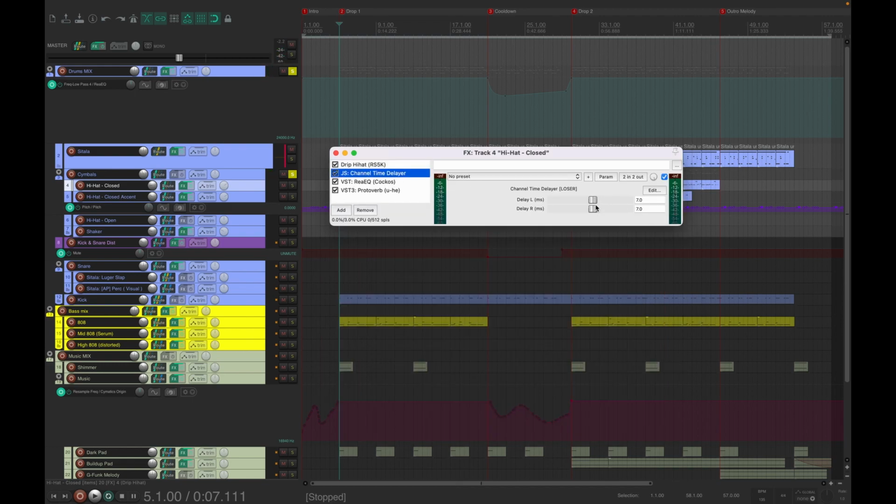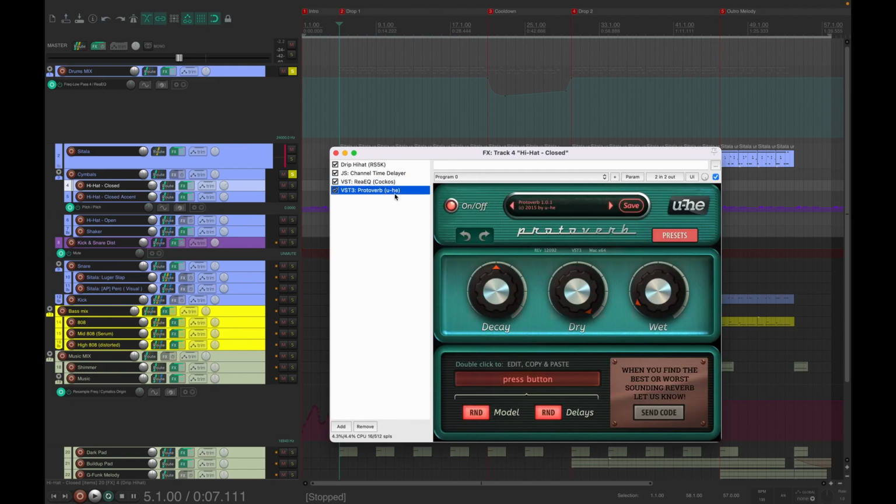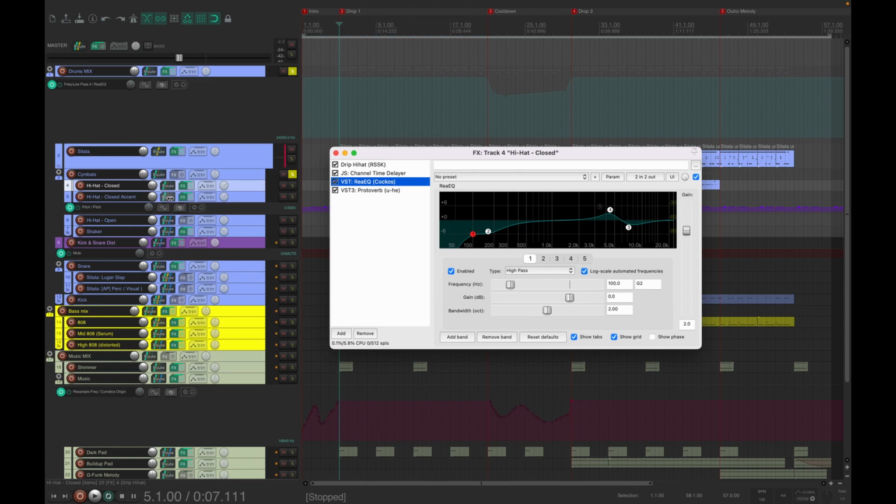I have the channel time delayer to delay the hat by 7 milliseconds. I want it 7 milliseconds late. That gives it that trap feel, gives it a bit more groove and a bit more swing and punch. It's pretty cool. I use it all the time on trap. Some basic EQ moves here, and some ProtoVerb reverb. This is a free plugin by Yuhi, however you say this, mixed pretty low. It's mixed at 10%, I think. And the other closed hat is this one,